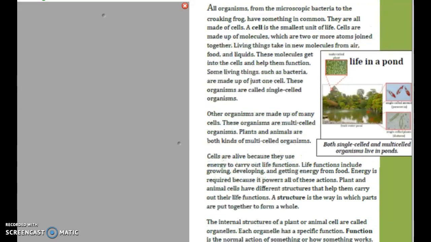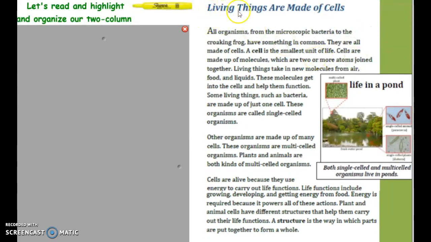All right, so let's think for a minute. This said living things are made of cells. What was this page mostly about? It did talk a lot about cells, right? So if you look at your 2-column notes, I would say that we could safely say that the main idea,